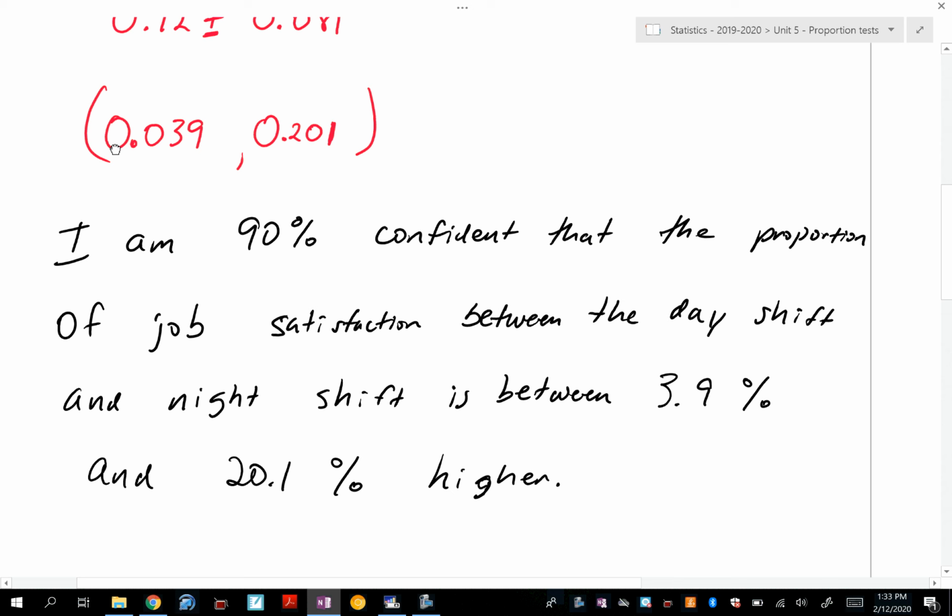I would end up concluding that they're different, right? And that is why I look here and see that 0 is not here. So if I see 0, then I know that they could be the same. But if I don't see 0 in my interval, then we must conclude that they are different. All right, that's just trying to connect it for you. Okay? All right, so I want